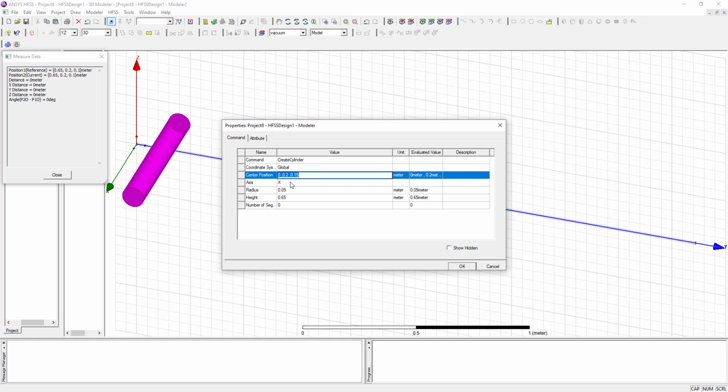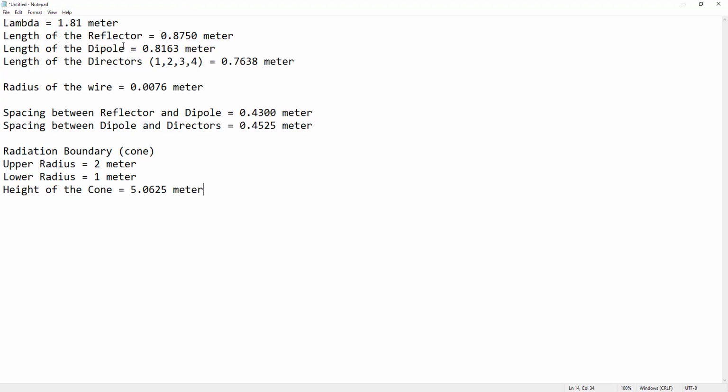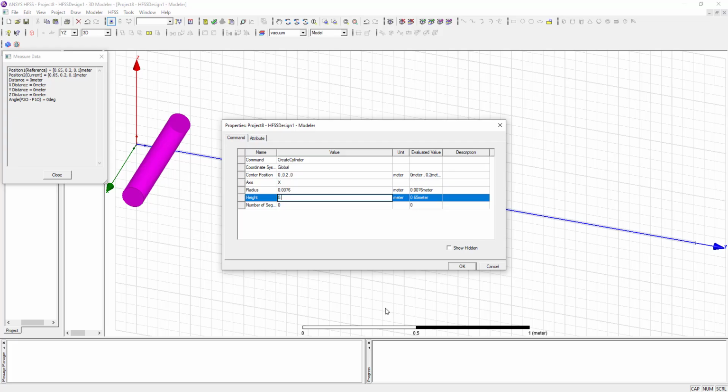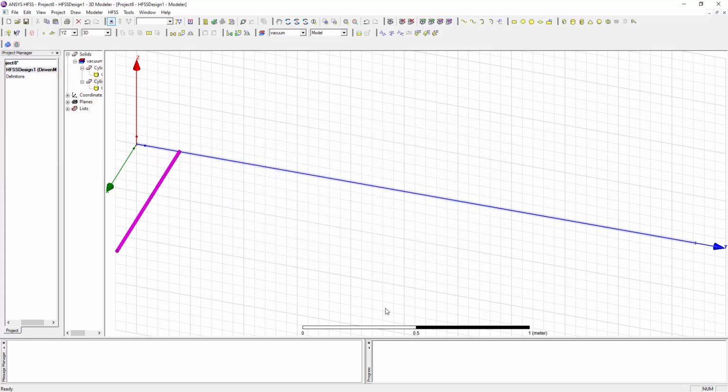I am taking the position of the reflector as 0, 0.2 and 0 in the Z direction. The radius will be the same for all the elements. Then the length of the reflector is 0.8750 meters. Then click on OK.